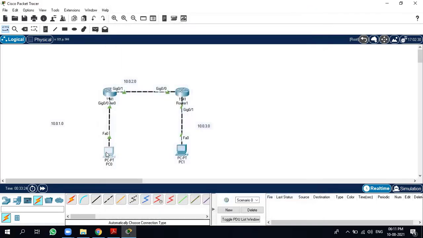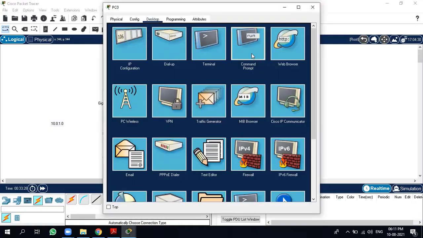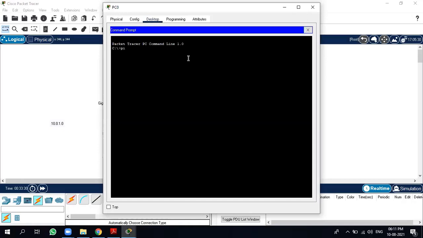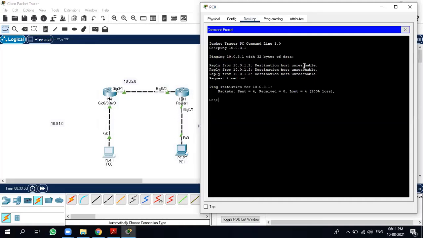So you can simply click here on PC0, go to command prompt, and by using ping command, you can type here IP address of PC1 and IP address is 10.0.3.1. Ping this. Whenever we are trying to ping, it is giving us a reply that destination host unreachable.